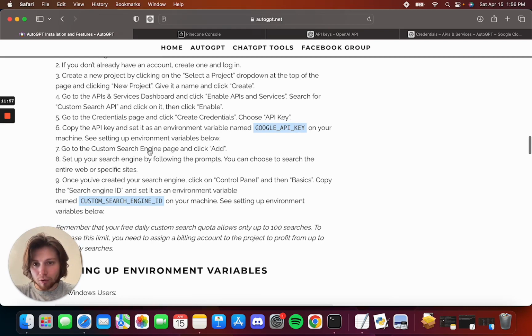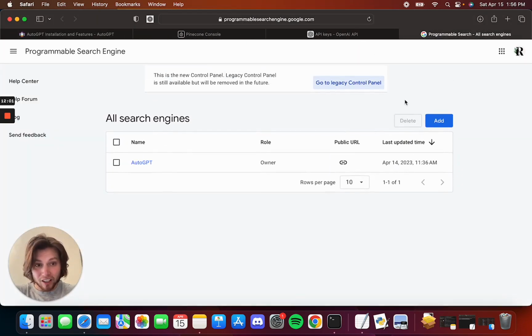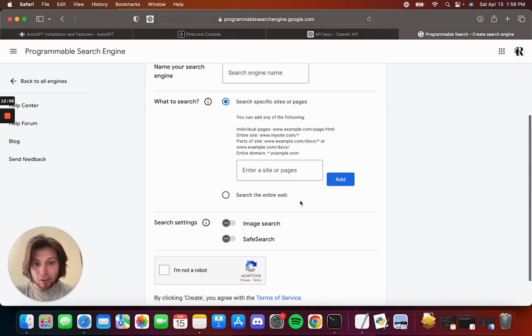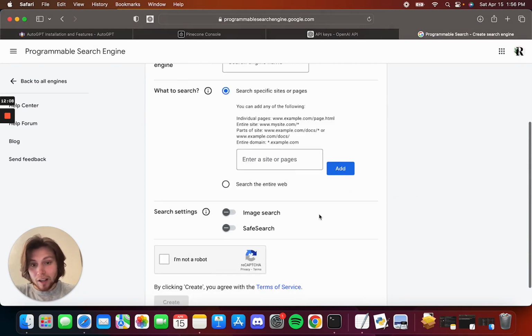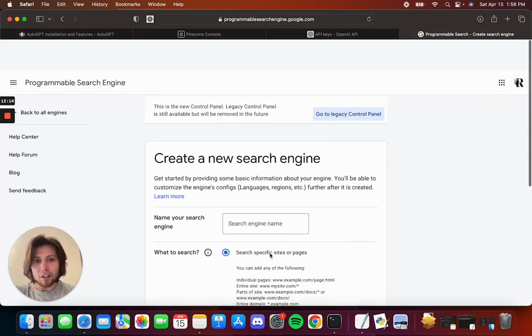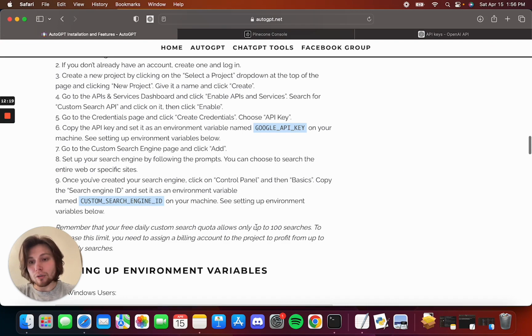We can go to, again, it's way faster to just use the links they already provide. And you'll add, and you'll name it. I click search entire web. I had image search on. I kept safe search off or whatever. I'm not a robot. You create it, get out of there. And then it will give you, we can go to,